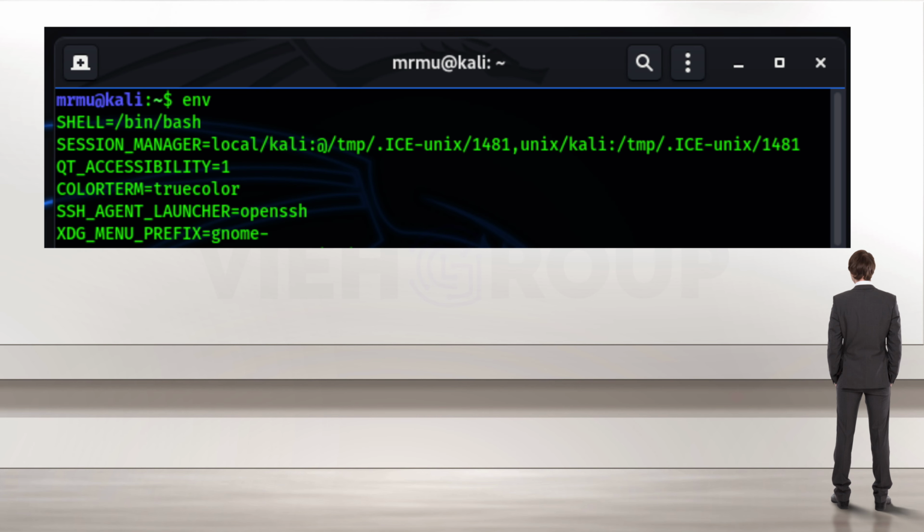Third is environment variable. Environment variables are variables in your system that describe your environment, like a global variable in a C++ program that can be accessed by other functions. So environment variables can be accessed by the processes run in the environment. The env command lists all the environment variables. You can learn more about environment variables from the internet as well.